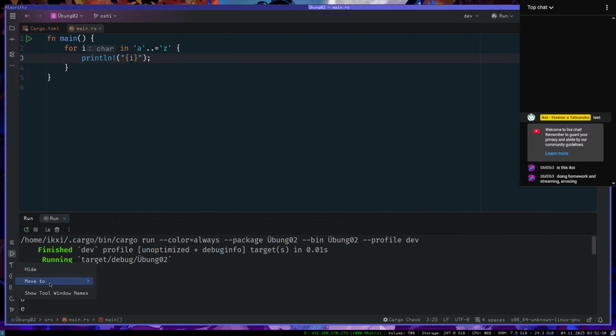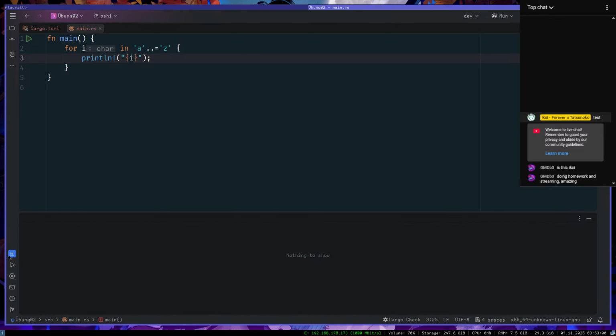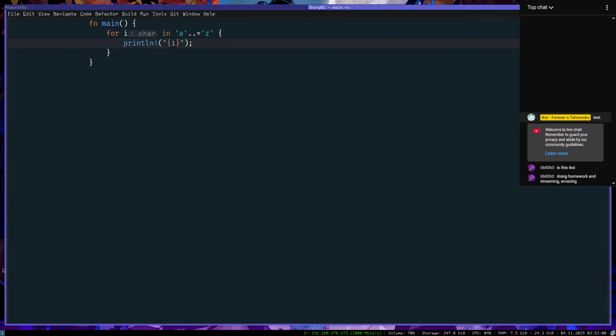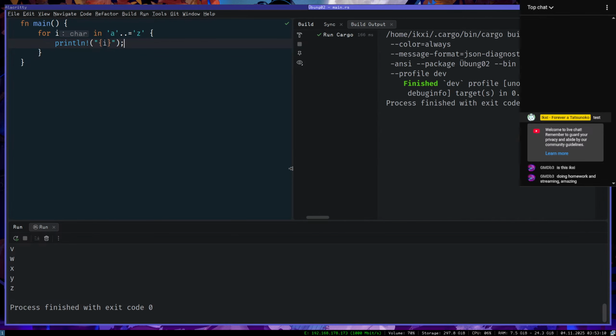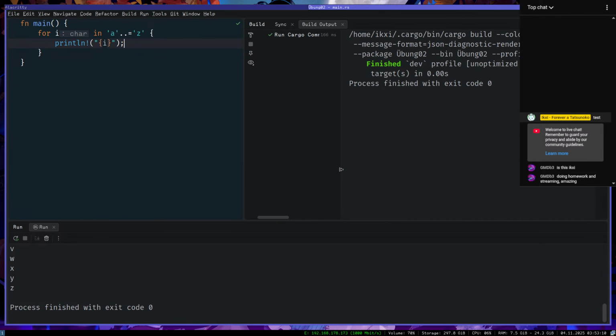Run build. Let's move build to the right top. I don't know why it always resets it. Now if I run, I can also see the build output. Good.